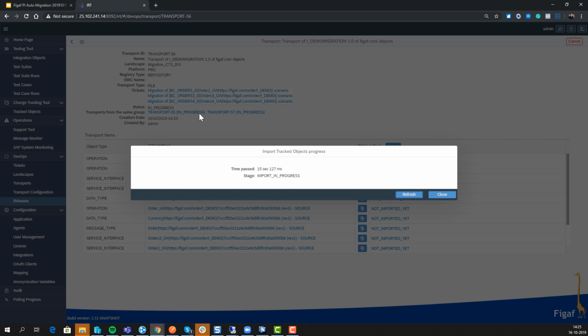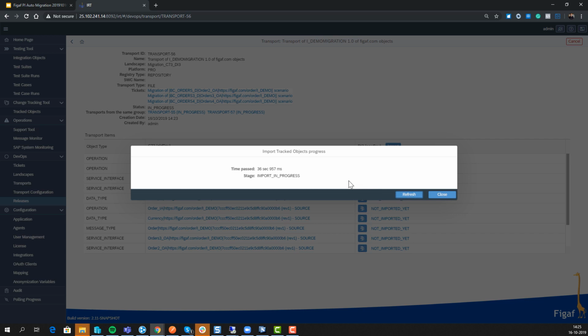In some of the landscapes, you also may have an approval process that will allow a specific user to actually do approvals of these transports. So it does take a little while importing these and synchronizing and making sure everything is correct. But once that is done,